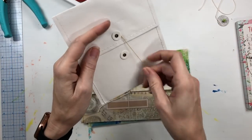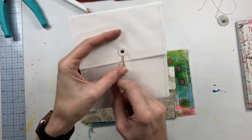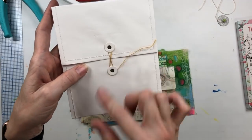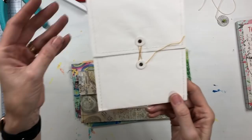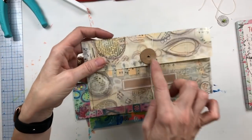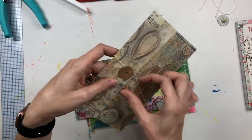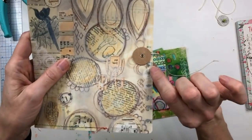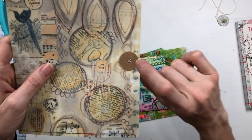receipt came in. So I thought, well, I can use this kind of closure, you know, with two little tabs. I don't know what this is called, but this little string tie closure. So I was going to do that with this piece. So I laminated this piece, and I put the first eyelet and tab in the string up in the top